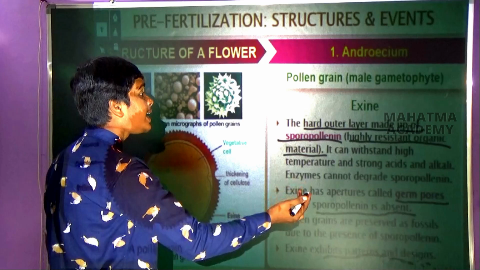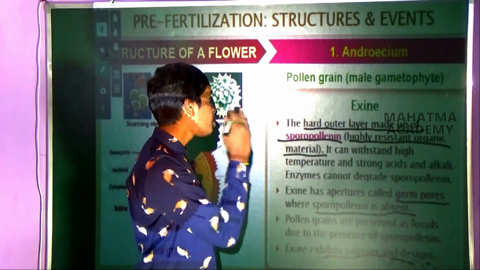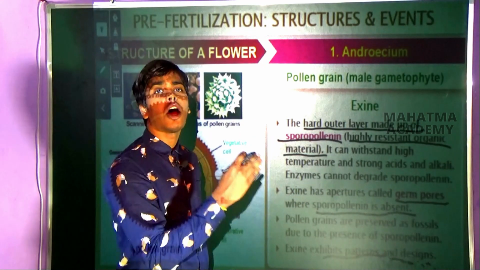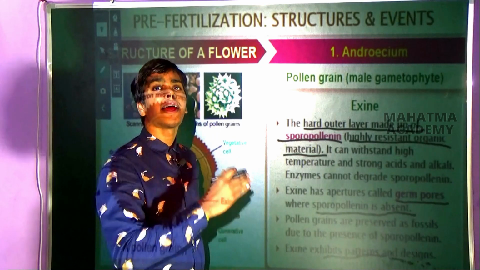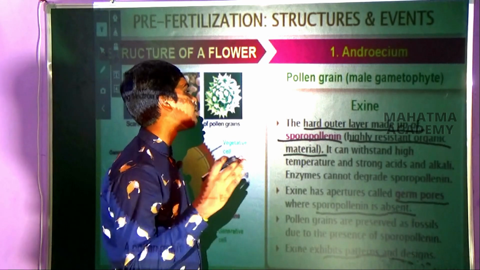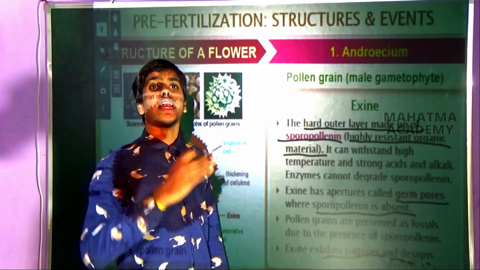Okay, now this is the exine. Exine is made up of sporopollenin. Sporopollenin is a highly resistant organic matter. No enzyme can degrade it till now. Right? It can withstand high temperature, high pH,